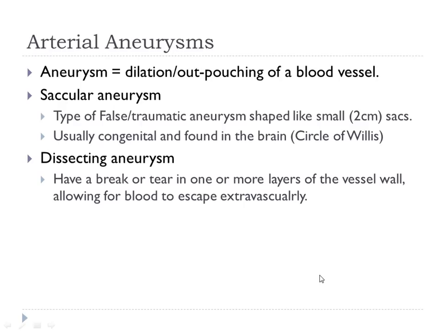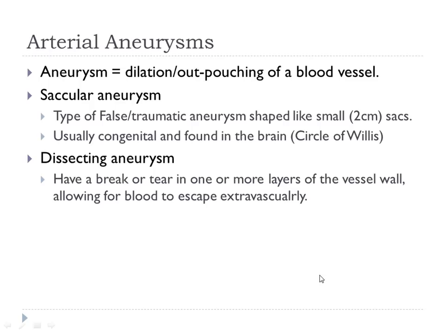An area is weak. There's also a dissecting aneurysm, where it's not that it's stretched out or outpouched. It's that you have a tear in one or more of the layers of the artery wall, and there is blood leaking into that interstitial space, or inner arterial space. So you have those 3 layers of the artery, and there's blood leaking inside of the artery, not bleeding out into the abdomen or anything, but into the artery wall itself.